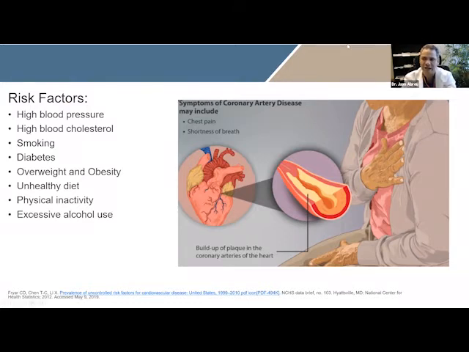So how will you know if you have coronary artery disease? Some people will experience chest pain. Some people will have some shortness of breath, and mainly you will notice when you're doing some sort of extra physical activity, like you are gardening, or you try to go up 2 flights of stairs and you cannot, you start getting chest pain. So those are symptoms to be on the lookout for.